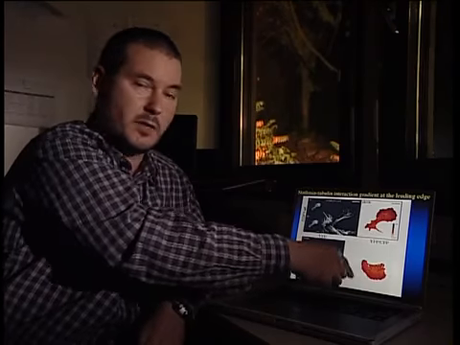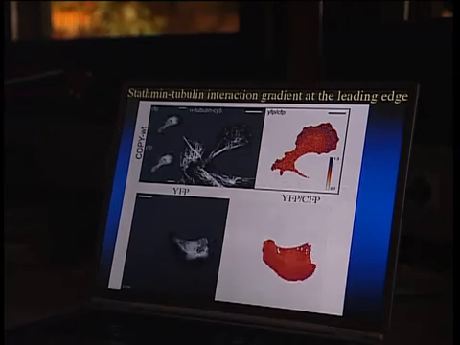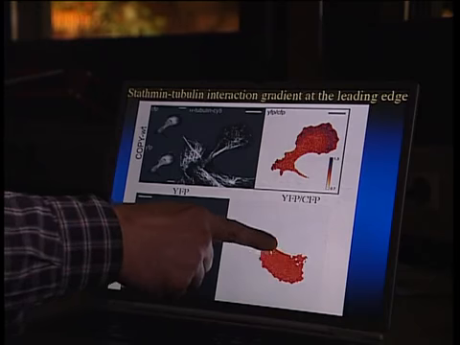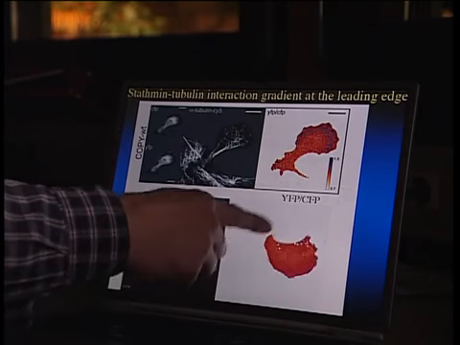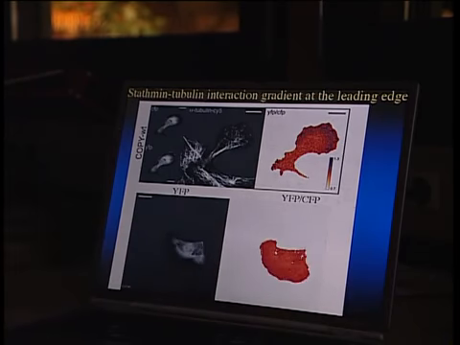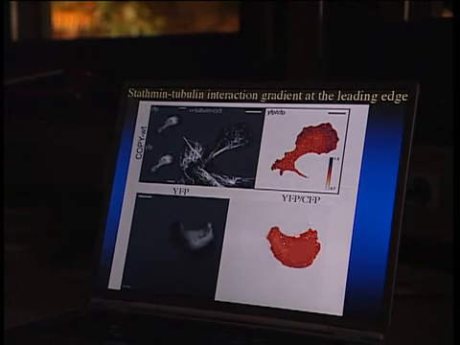There's a local environment where this molecule is inactivated and therefore promotes microtubule growth. In other words, where the cell will move, the microtubules will grow into the extending lamellipodia. So in other words, a local environment is created at the leading edge of the cell that will actually direct the microtubules towards where the cell is moving. So now we have localized activity, not at the